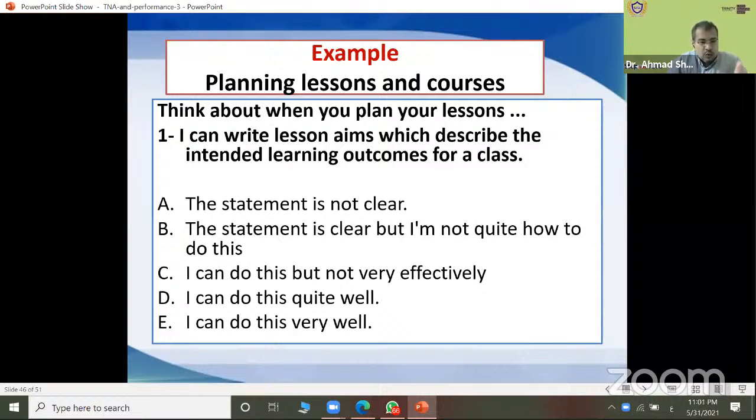If you can't do a skill of teaching, this is a problem and you need to develop yourself. I can do this, but not very effectively. I can do this quite well. I can do this very well. So you select according to your practice, your skills. There is another example, please.